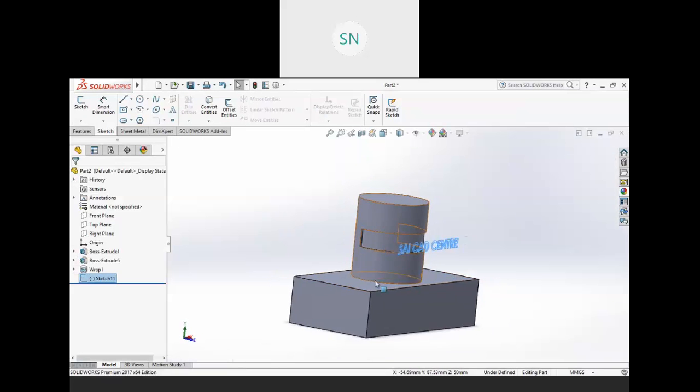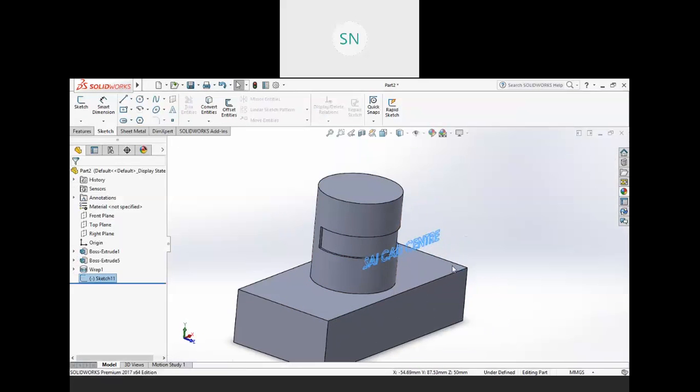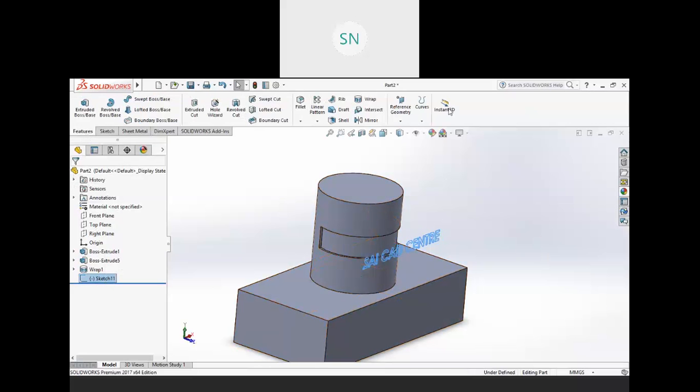Now see, you need to remember one thing, that whenever you have a text in your sketch, then select your sketch first, then go to the wrap. After wrap, you are not able to select your sketch from the graphics, right?